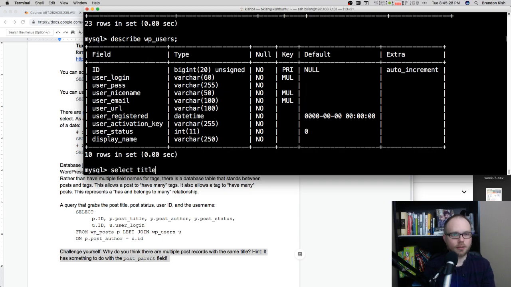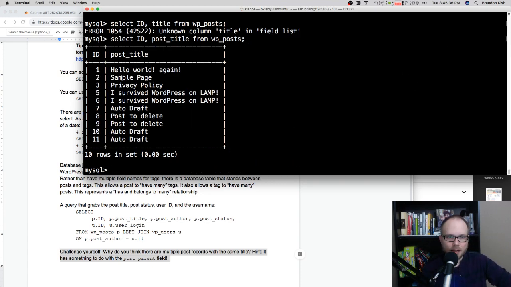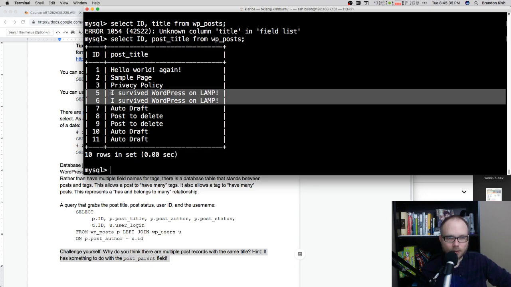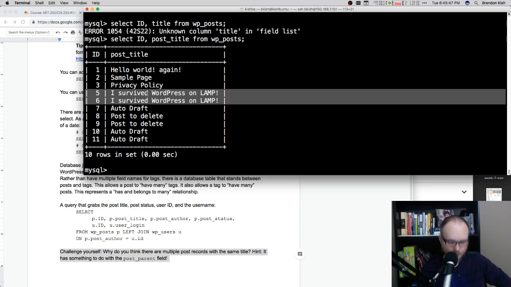I'm going to select ID and title from WP posts. I found this post title very interesting, that I saw multiple records in the post table with the same title over and over again. So I actually made this one back on the 26th, and it appeared twice. And when I was exploring the WordPress database with students many years ago, we wondered what that was. And oddly enough,